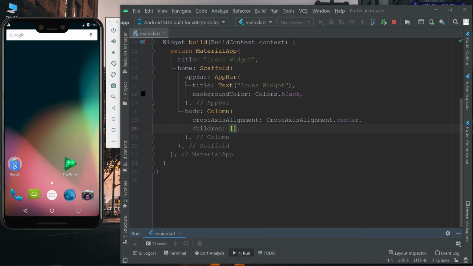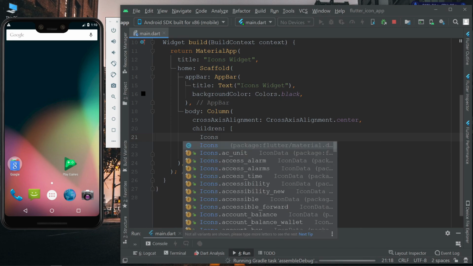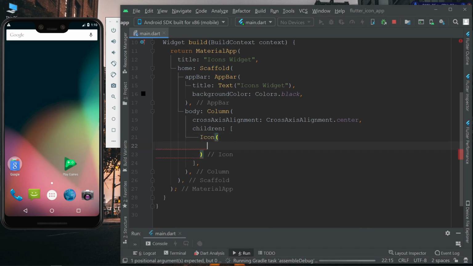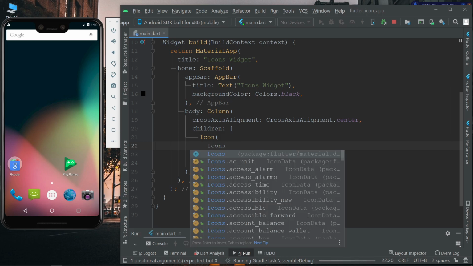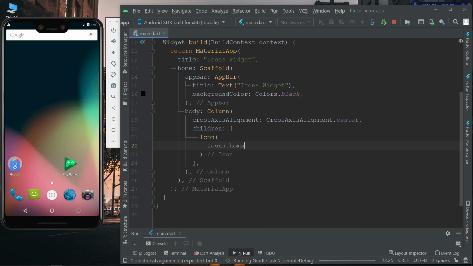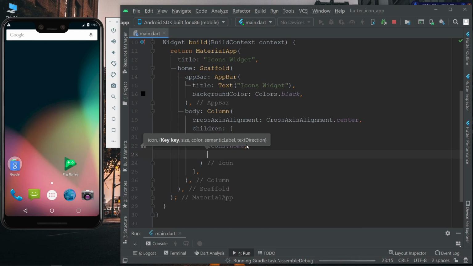Now we will create different children of our column widget. We will have some icons. The first one is Icons.home. So this is the icon which we have created.